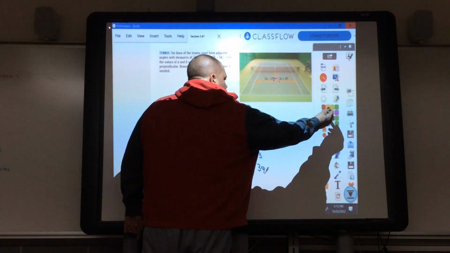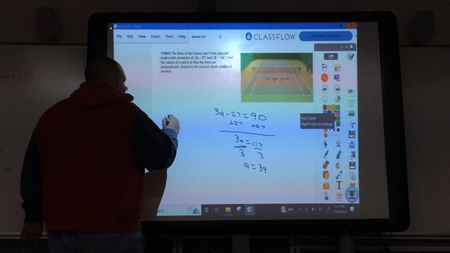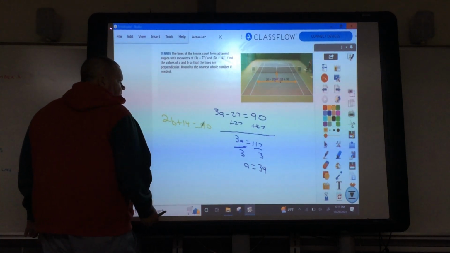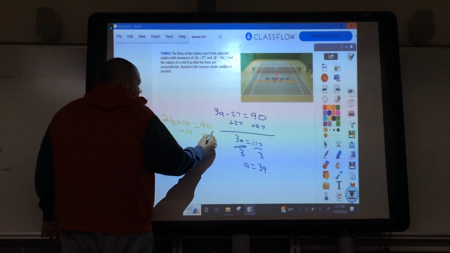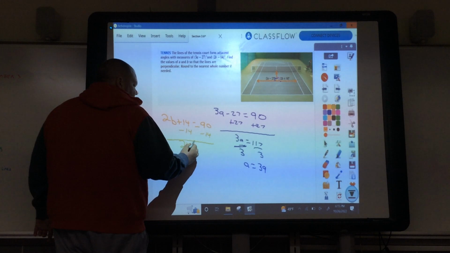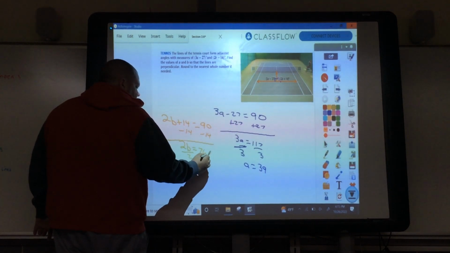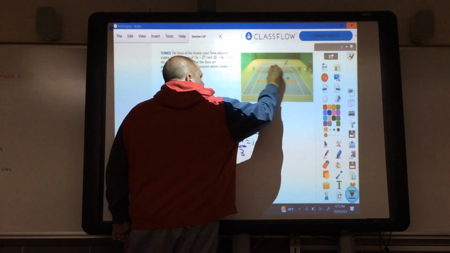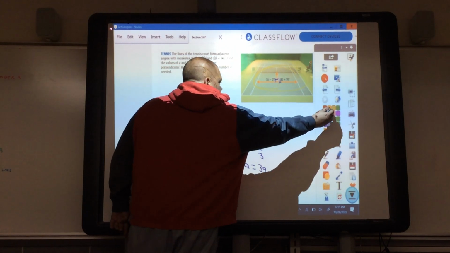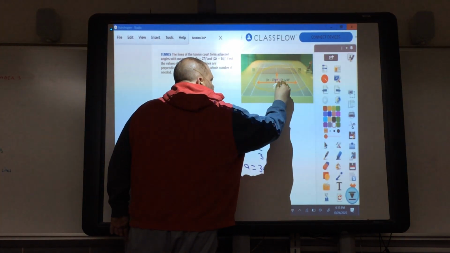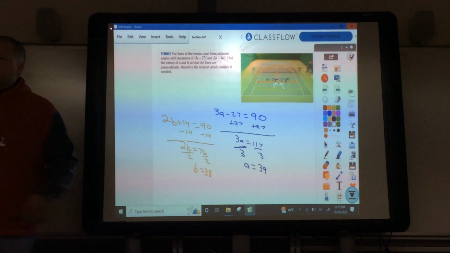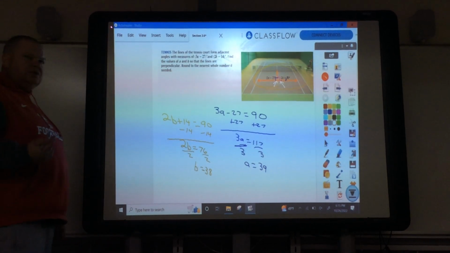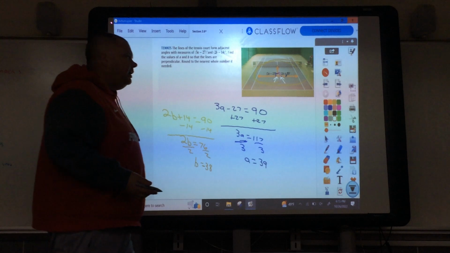Now, similarly, we're going to work with the other angle as well, the 2b plus 14. And that 2b plus 14 is going to equal 90. So we're going to subtract 14 from both sides. So 2b is going to be 76. You divide 76 by 2. The value for b is 38. What I need you to remember, though, is that the reason that this works is that both of these angles, both here and here, are 90 degrees. And that's the only reason that works, because both those angles are already 90 degrees. Any questions on those? Okay, now,